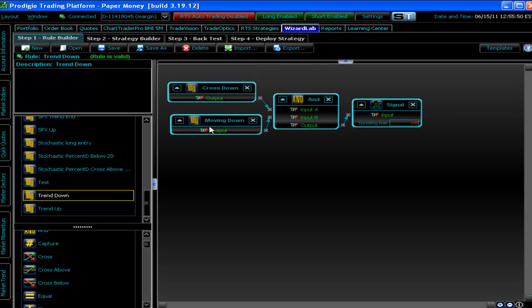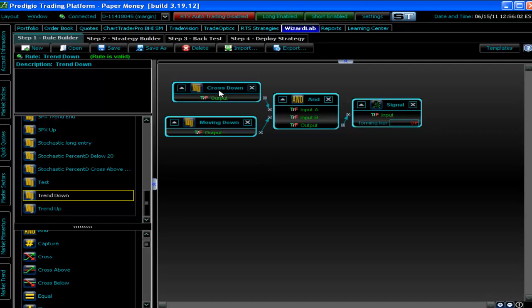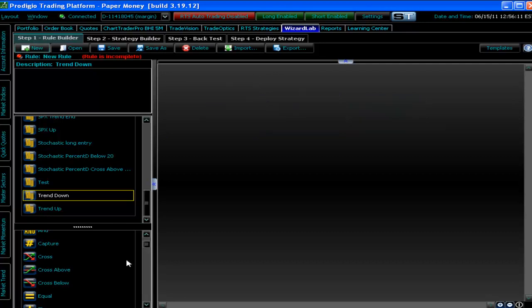Now, this trend down rule had the moving down part of it. And that was, again, a very, very simple way to say that the 20-period EMA is above or below the 50-period EMA. I'm going to replace this cross down with kind of my RSI indicator. So let's make that RSI indicator. I'm going to say new,